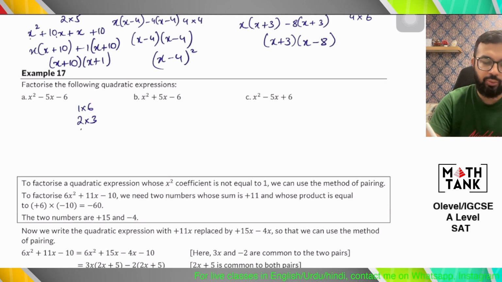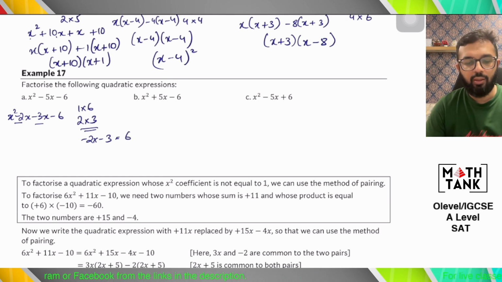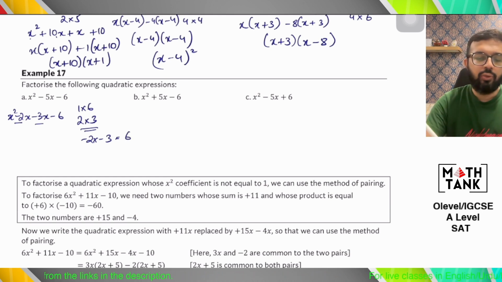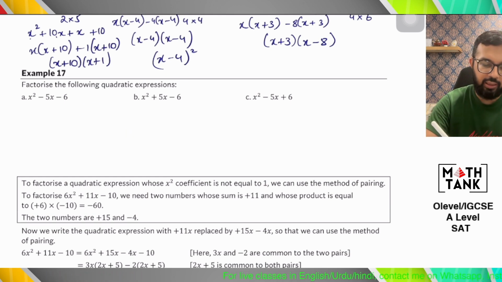Now, if I pick these two numbers and let's say I think of the numbers minus 2x and minus 3x. Minus 2 and minus 3 when multiplied together don't give me minus 6. They give me plus 6. Okay, so that's a challenge. So I have to pick the other pair. What is the other pair? The other pair is